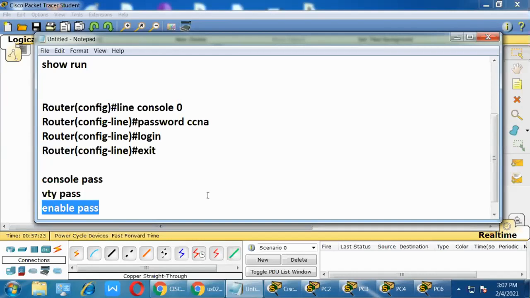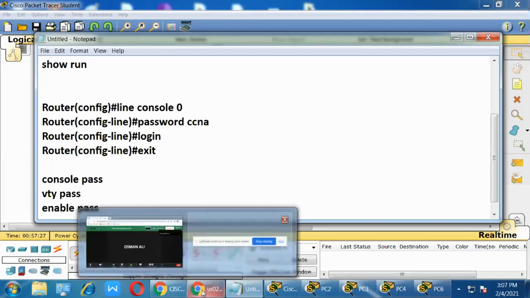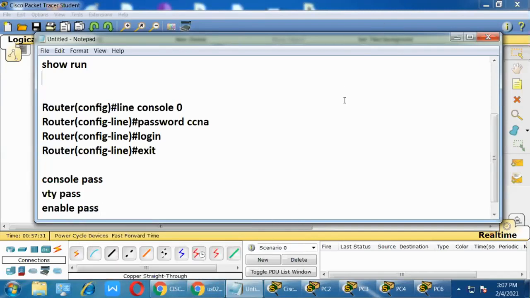So this enable password means you want to see a few configurations. You can see them because it will provide the user mode, right? Just enter the access password and you can enter the router. You want to see a few configurations, you can see, but if you want to do some configuration and see every configuration, each and everything, then you need to enter the privilege mode. So to enter the privilege mode, you have to type the enable password.